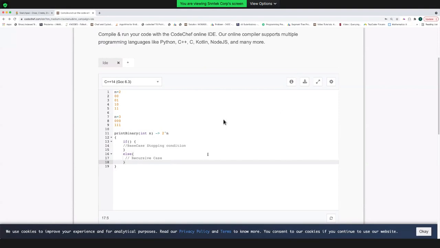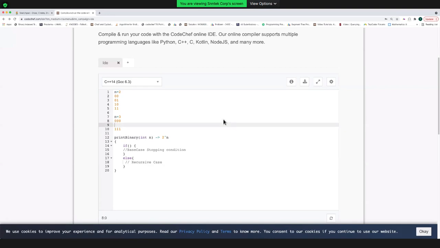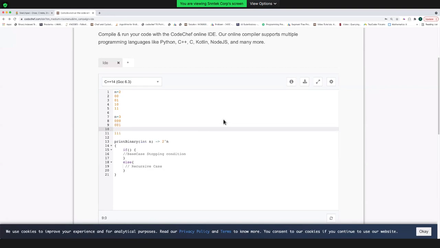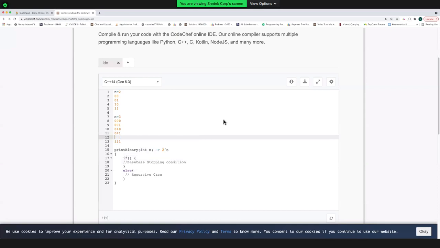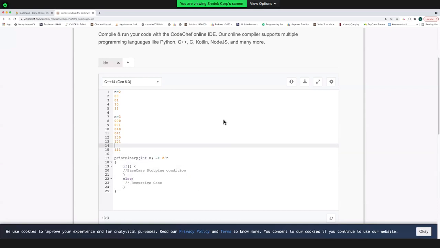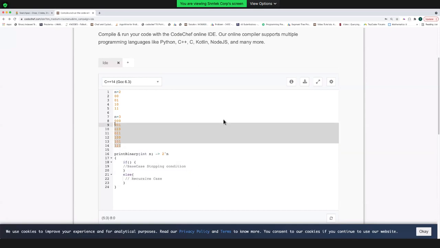Oh, okay. So I'll again repeat the problem. You want to write a code which will take an integer n as an input, and you have to print all the binary numbers possible, which are of length n. So let's say in my case, if n is 3, 000 is the first three-digit binary number. The other one is 001, other one is 010, 011, 100, 101, all the way up to 111. So these are 8 possible combinations, right?